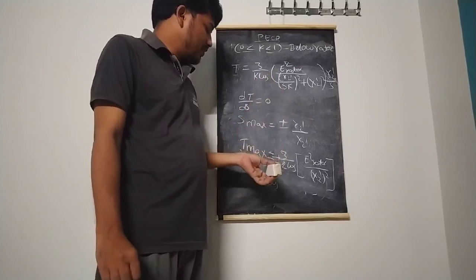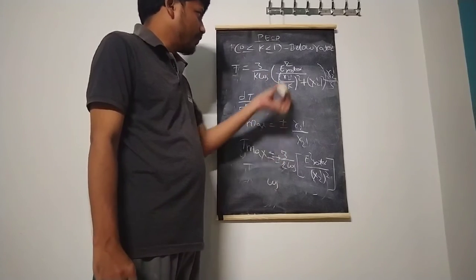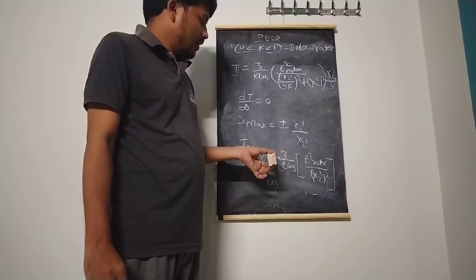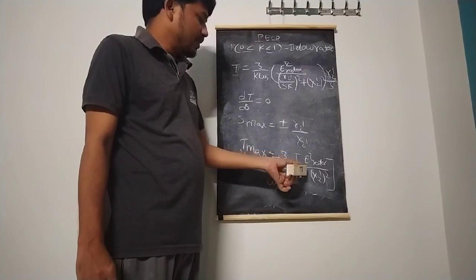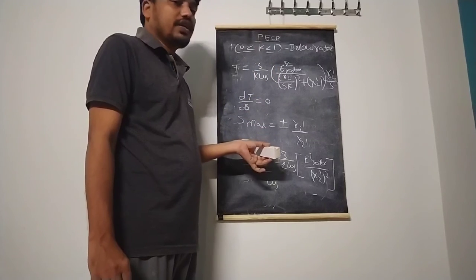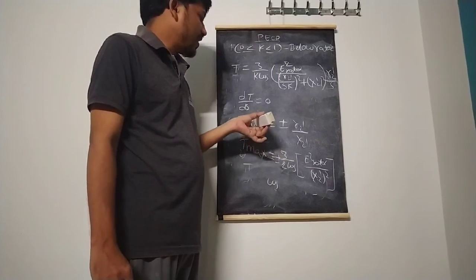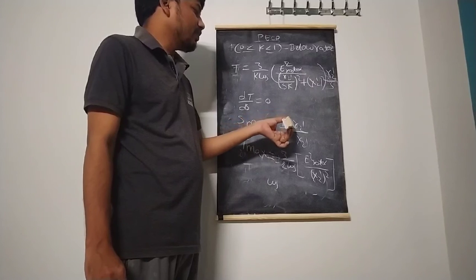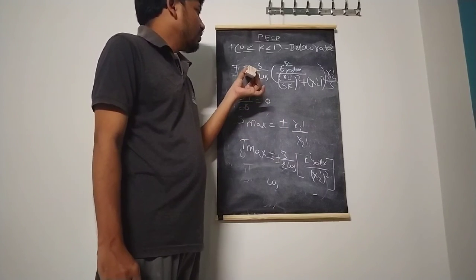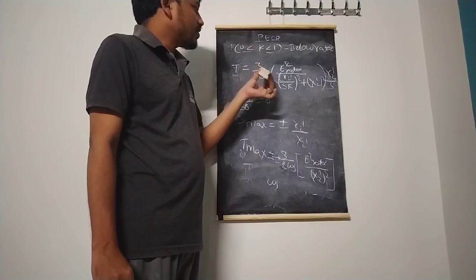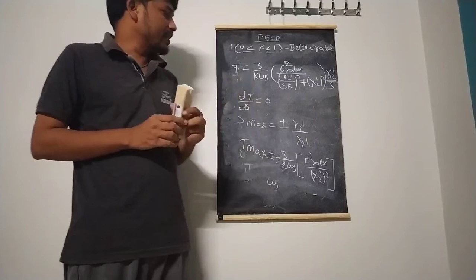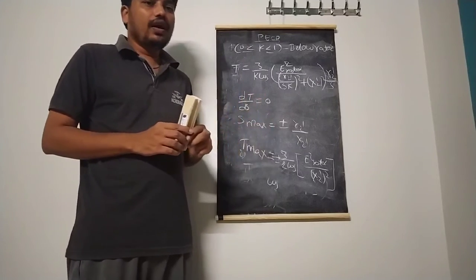From these observations we can conclude that the T maximum from below rated speed, where the V by F ratio is maintained constant, the T max is independent of the K. That means for any value of K, T max is constant. From this equation we can conclude that. Then the slip at which maximum torque occurs is also independent of the K here. But the general torque developed by the motor is a function of K here. So this is about from below rated speed, this is the torque equation.